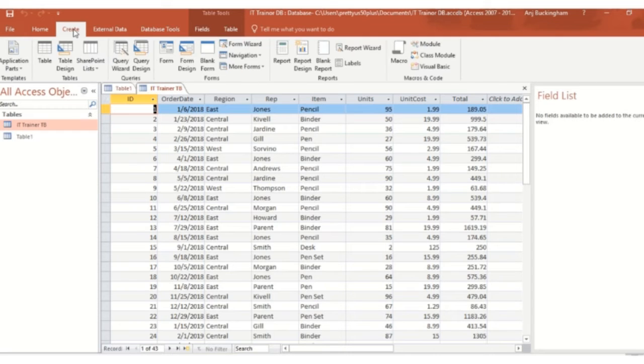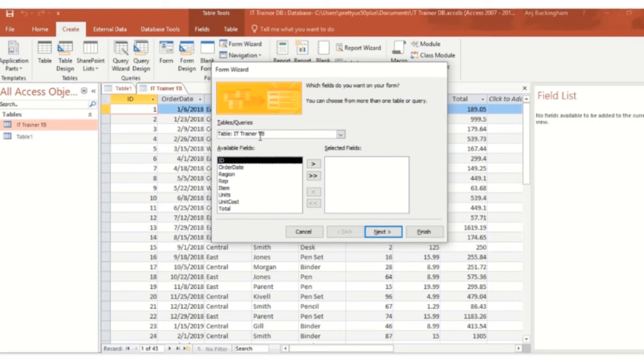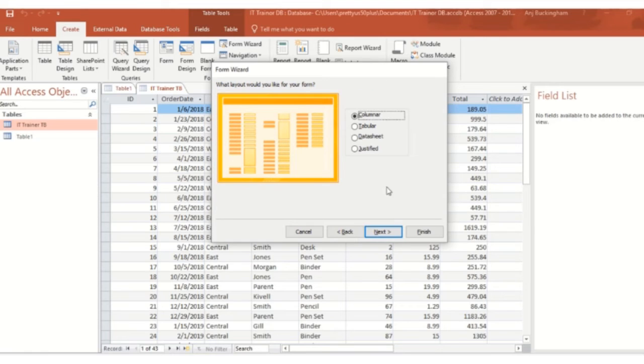Now we're going to create a form. So you want to look at the top ribbon and make selections so that Access will allow you to select what information you want in your form. So you want to highlight the information that you want and click the arrow so that it places the information on the right-hand side. Once you have all the data that you would like, you go ahead and click the next button, and Access will give you an option to view your data or have your data displayed in different ways. You make your selection from there,